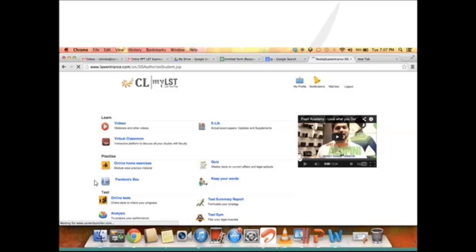Pandora's box is basically a feature wherein you have various sorts of English questions, the usage questions, the way it comes in your law examination papers. So, which is very helpful for the students to practice at home. Then you have the testing section, that is where you can take the online tests. Then you have analysis of all the performance that you have done in your mock test.